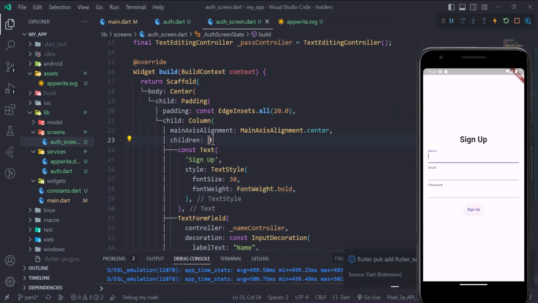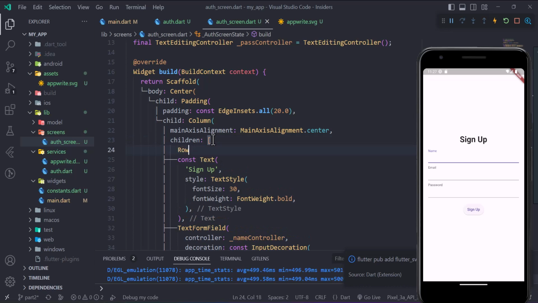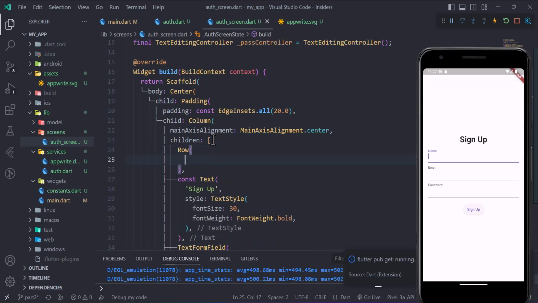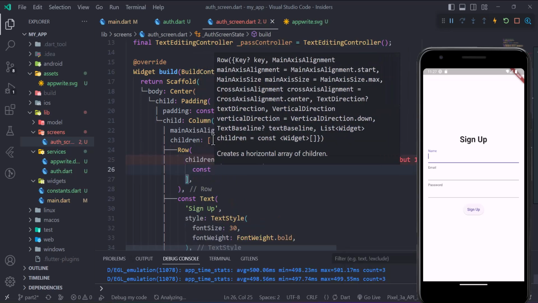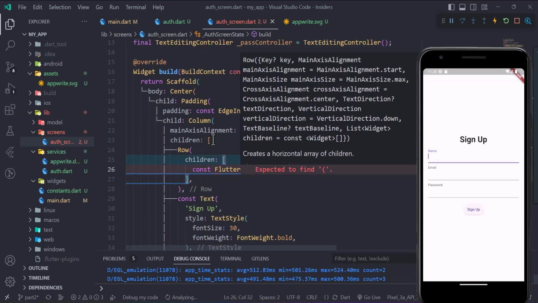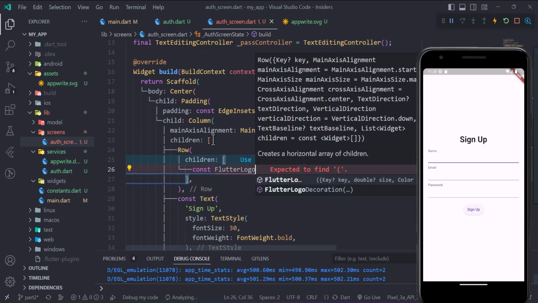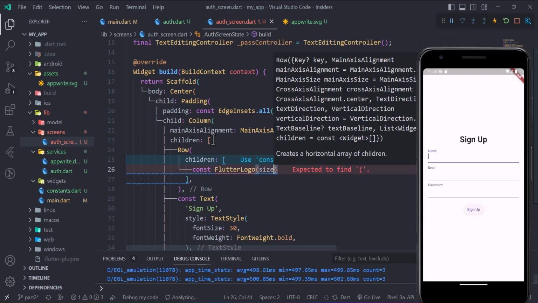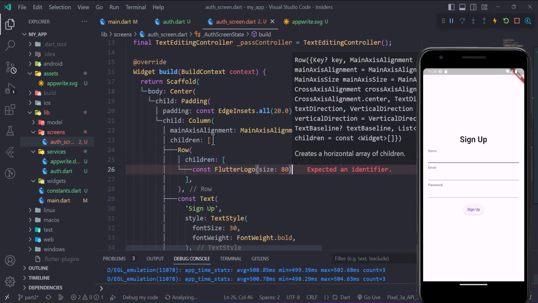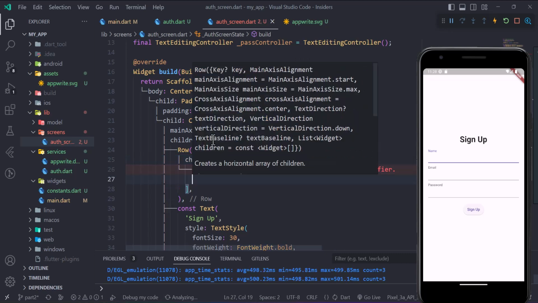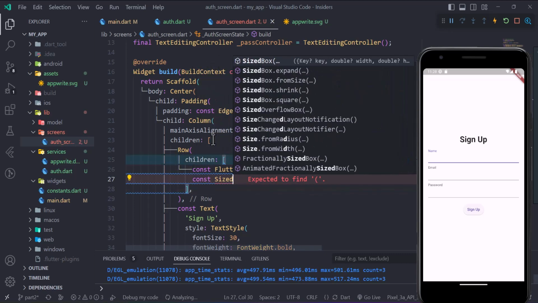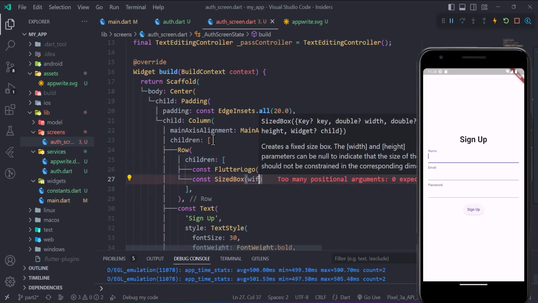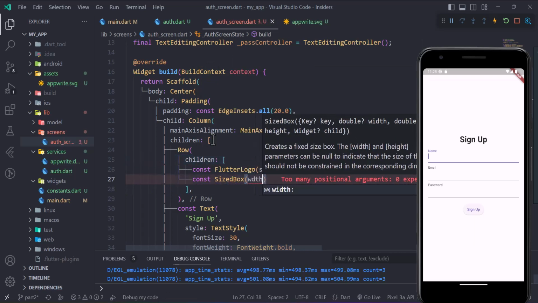Now on top of this we need a row widget, and it would have children, let's say a Flutter logo. Flutter logo is a widget which comes out of the box in the Flutter SDK, so you don't have to download it from anywhere. Provide it a size of 80 and a size box with a width of, let's say, 20,